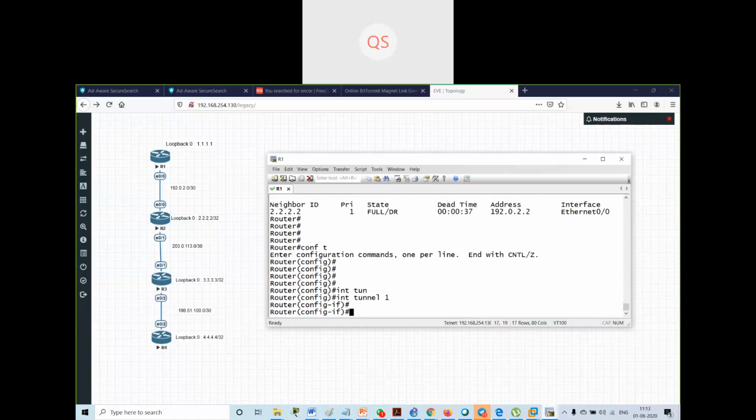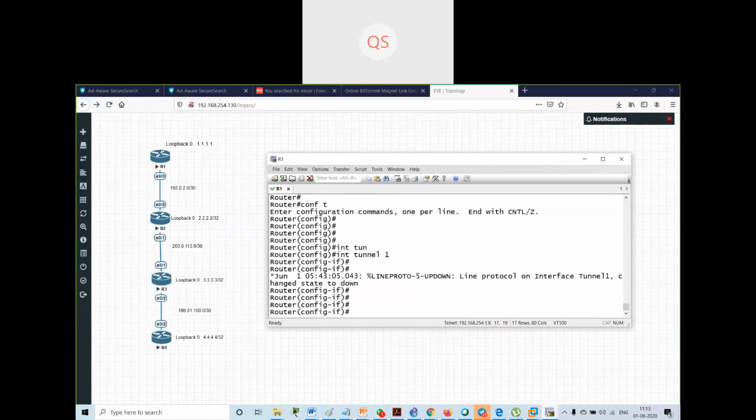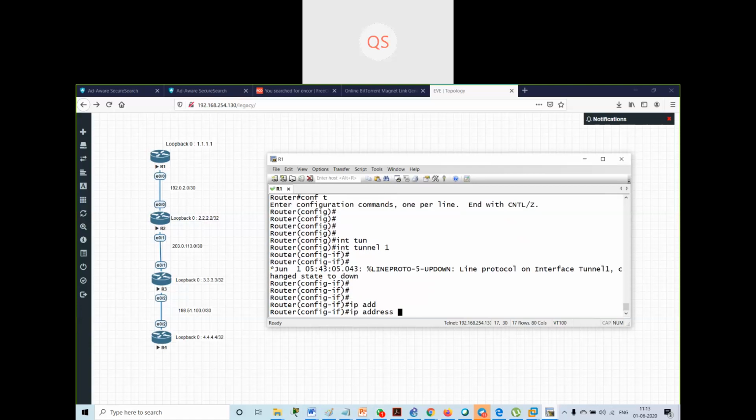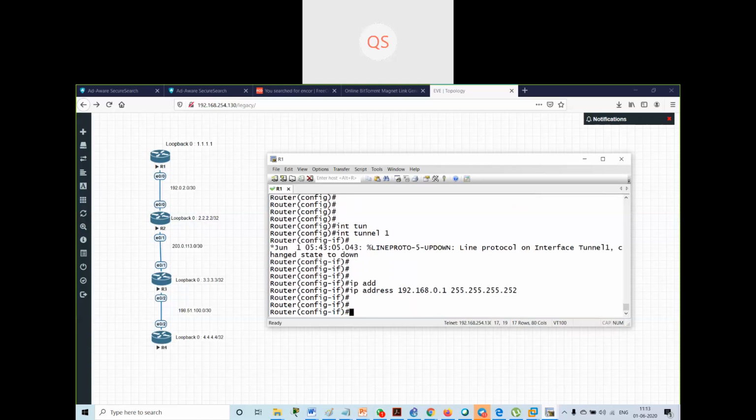I have to assign the tunnel an IP address. The IP address I will give is 192.168.0.1/30. I have created a tunnel.